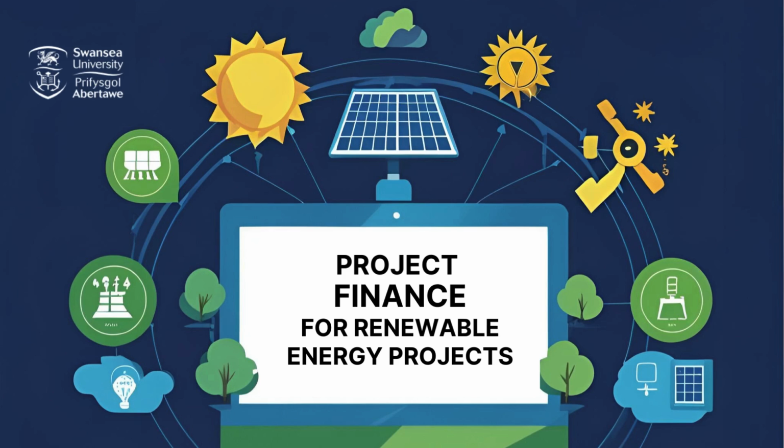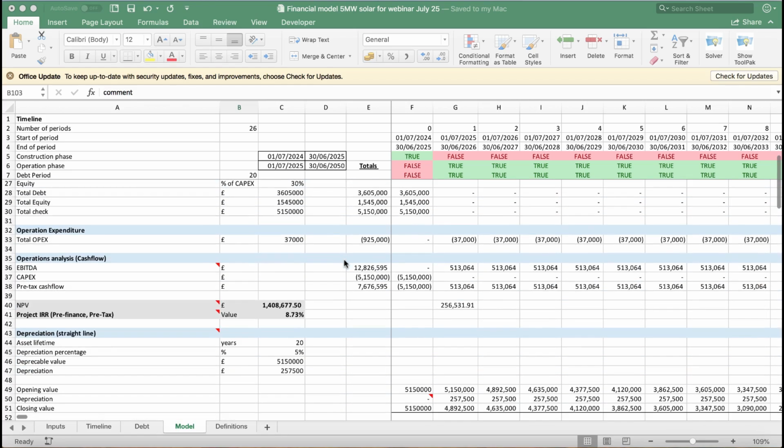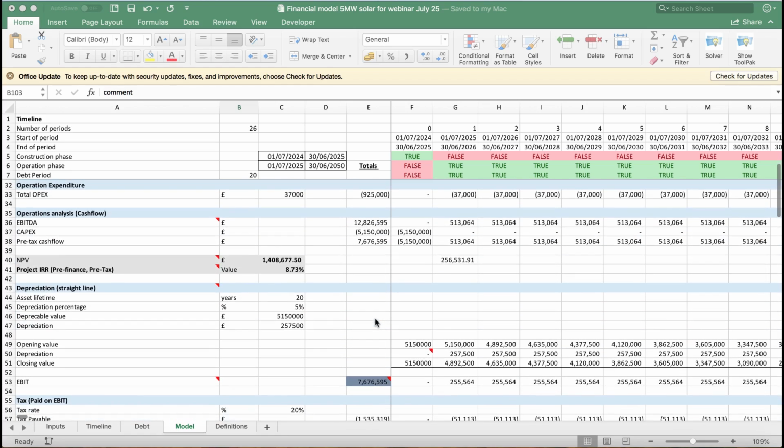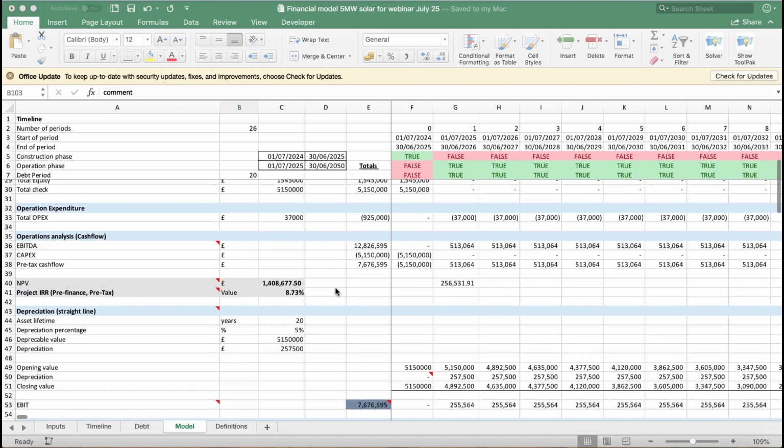So in front of you here is a project finance model. It's for a 5 megawatt solar farm, which I did in a webinar as an example on the 25th of July this year, 2025. And in this talk, I want to talk about discounted cash flow analysis, because some of the metrics that